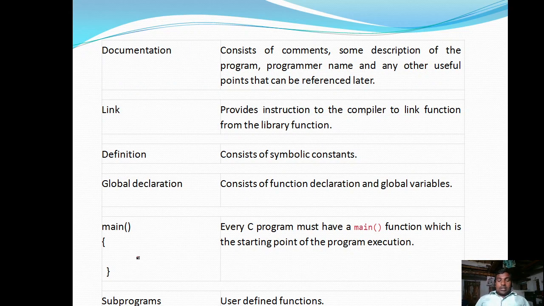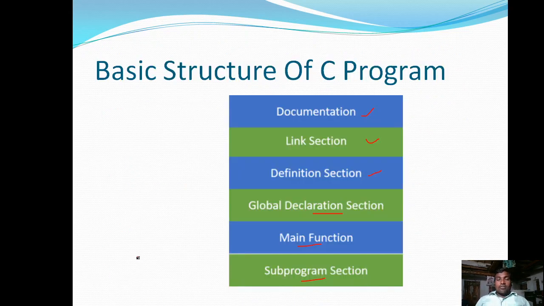First of all I am going to give a brief idea of what these sections are, and then in later slides we are going to discuss these individual sections of the C program structure in depth.